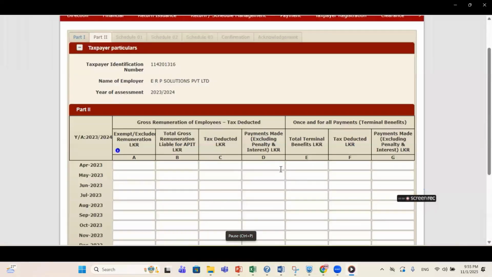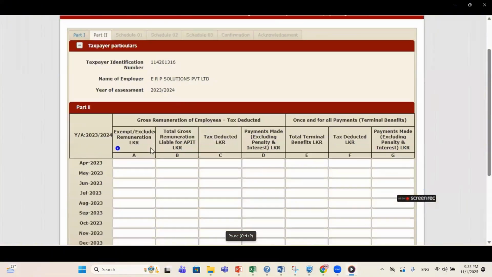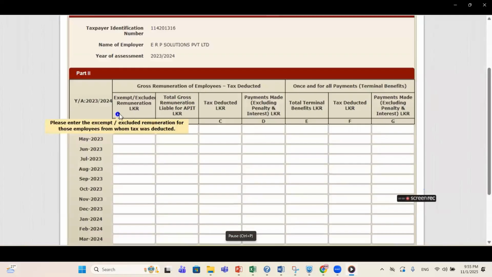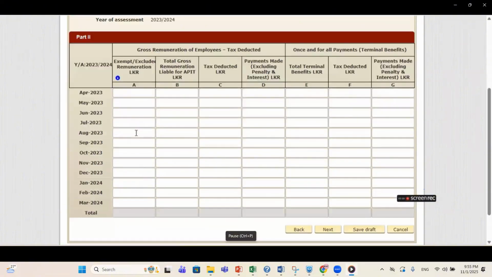And this is part 2. Part 2, for the same organization, what you need to do is disclose again the remuneration liable for the APIT based on the month, right? Monthly remuneration and the WHT deduction you have to enter here.